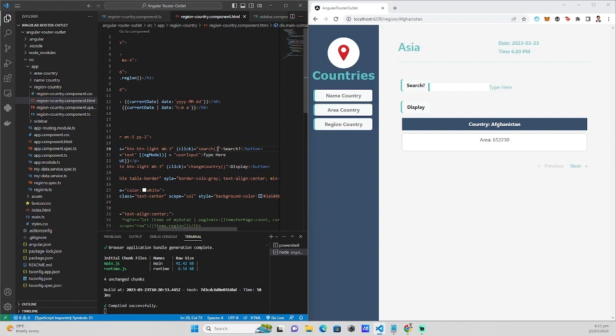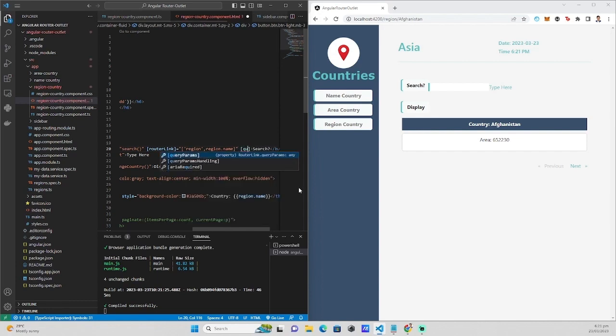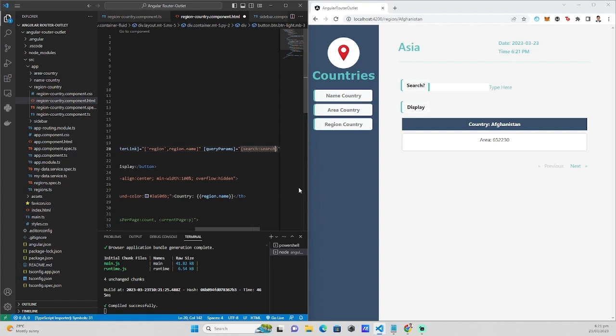In our search button, after creating this method, we're gonna add a routerLink to it. The routerLink is equivalent to region comma region.name. Then we will save it, and after that we're also gonna add query parameters. Query parameters is equivalent to search. We have to put brackets on it. Search result,